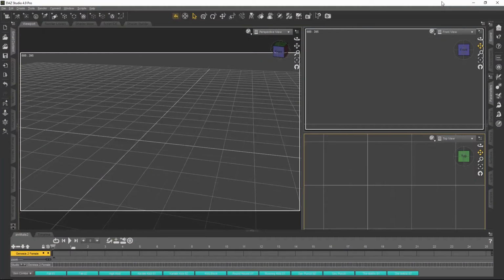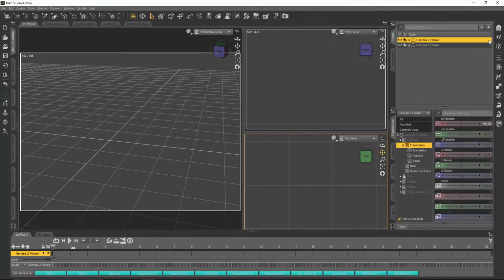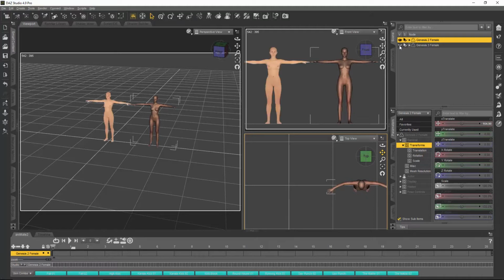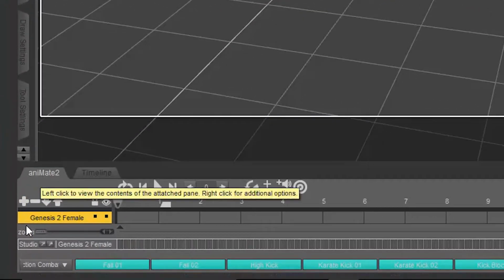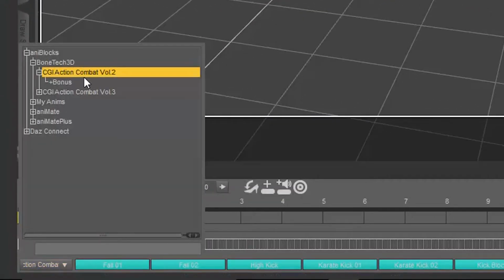For those of you who are not familiar with the software and you've never tried Anyblocks, let me show you something. I've got two figures loaded into my scene here. I have a Genesis 2 female and a Genesis 3 female. I also have down here in my Animate 2 tab, the CGI Action Combat Volume 2 from BoneTech 3D.